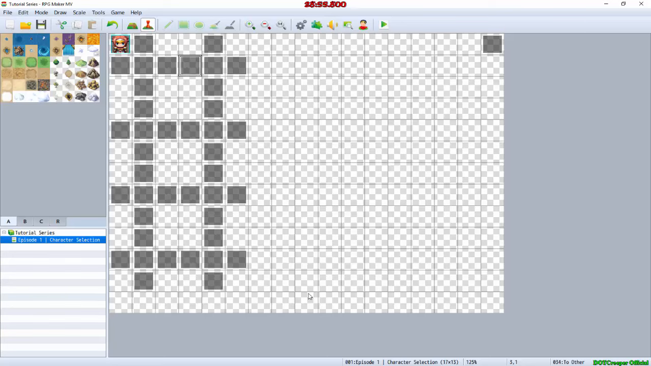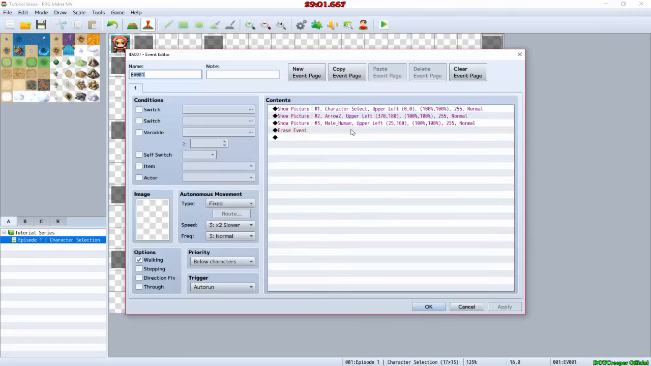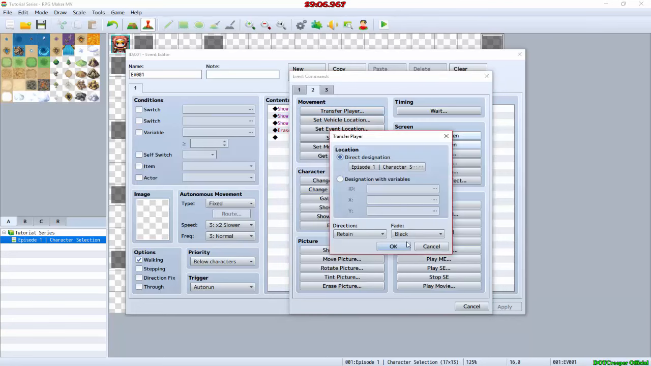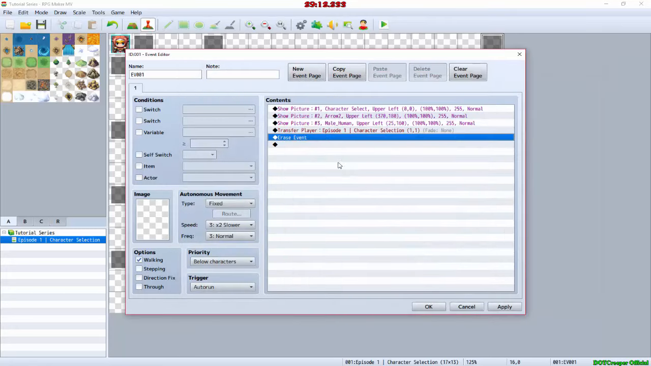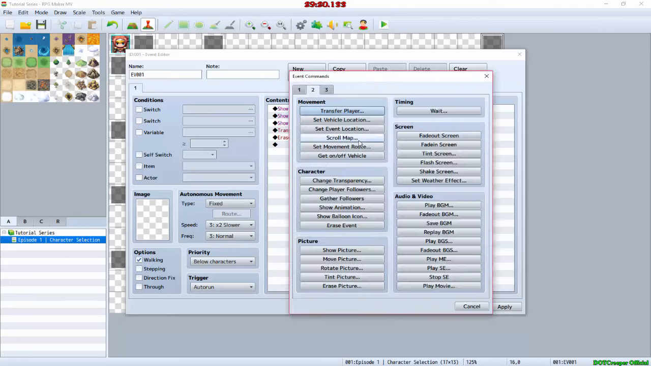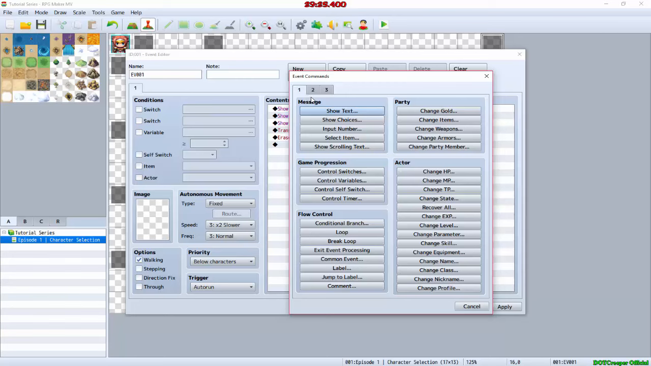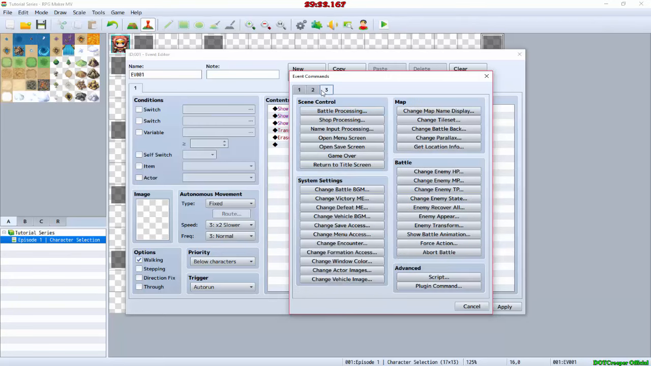Alright, so now once you have that done, we're going to do a little bit more configuration up here in the top corner. So we're going to click right here on Erase Event, click Enter, and we're going to do a Transfer Player, None, and right onto this first one. Alright, and the first thing that we're going to want to do is click New on it, or Enter, and we are going to do, where is it? We're going to do, if I can find it,